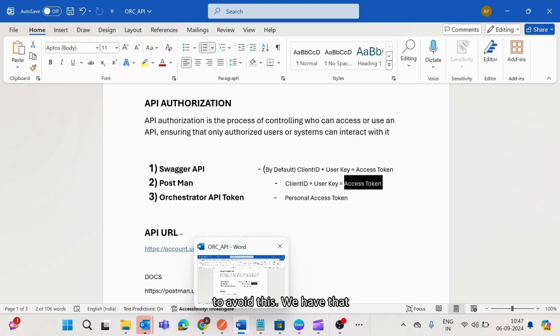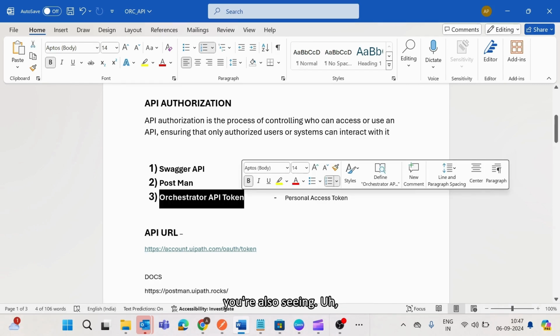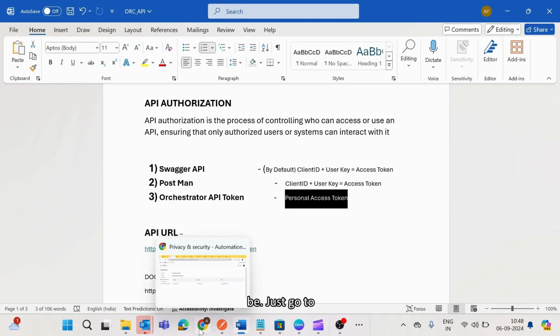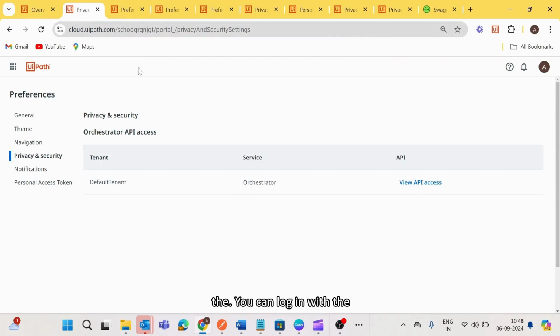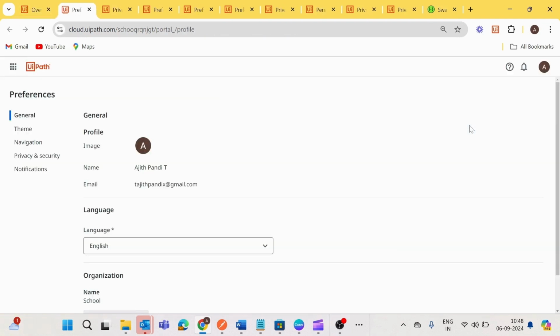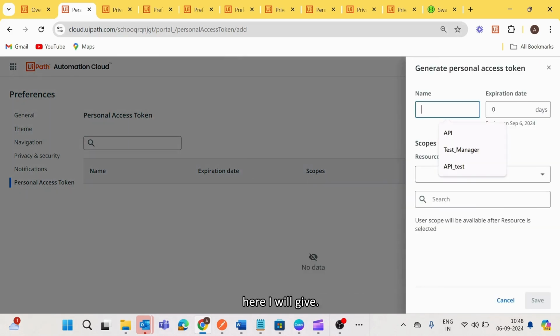To avoid this, we have another approach: the Orchestrator API token. Here also the personal access token will get generated. I will show how it works. You can log in with UiPath Orchestrator. It will be like this. I can go to the preferences. You can see, choose the personal access token, generate new token. Here I will give